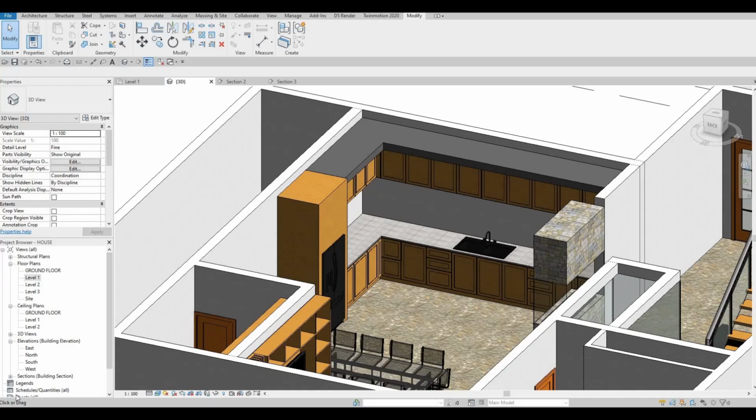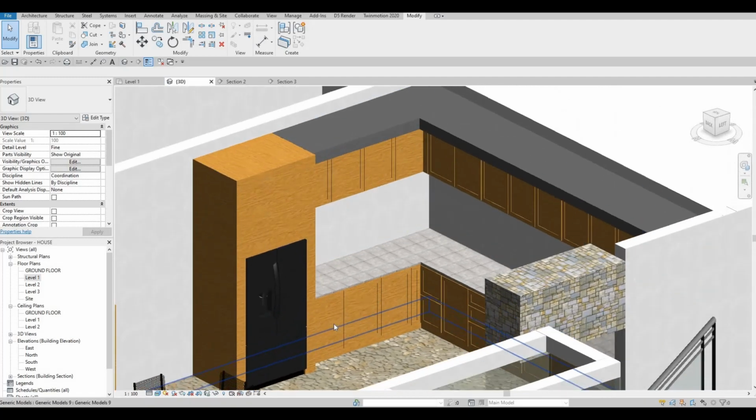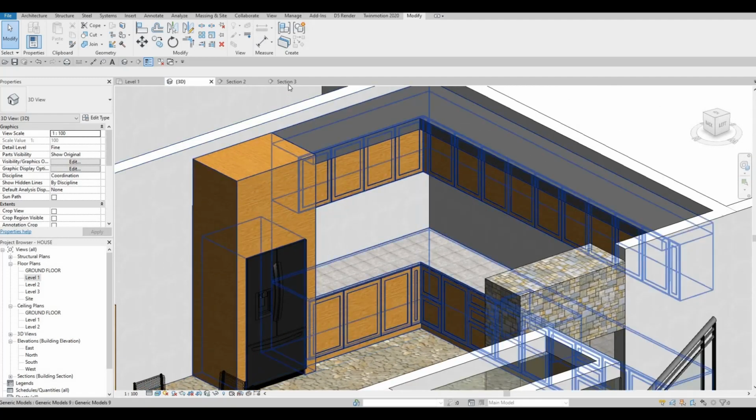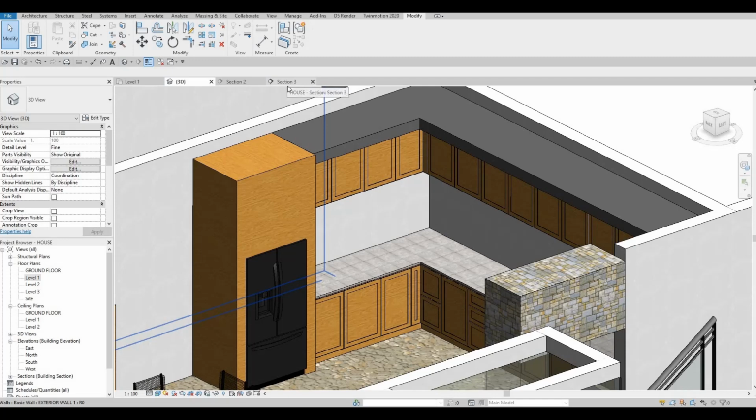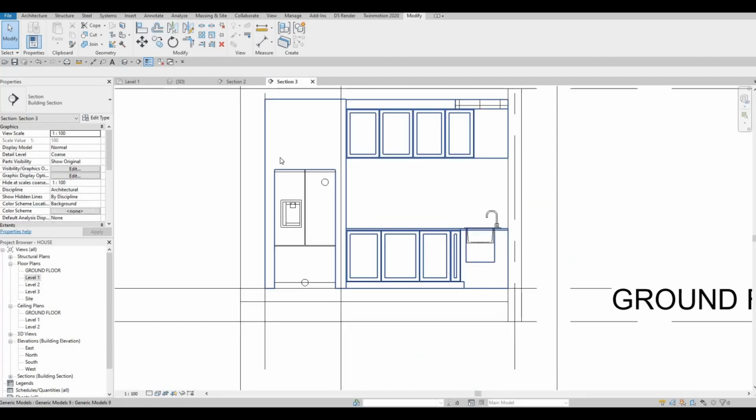So in the last video, we were able to add all the shaker cabinet doors. And as you can see, we created it with an extrusion and then we added a void extrusion after that to give that effect. Now we're going to continue working on this. We need to go back to section 3 and then finish up adding all of this right here into our refrigeration